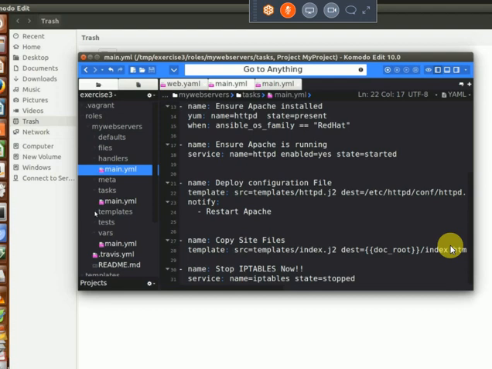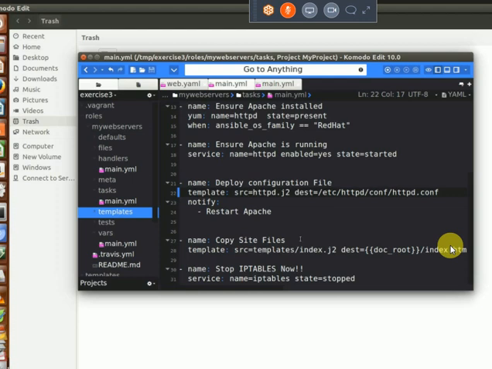Every role is going to have a templates directory, if you see over here. If you use this template module, it will look for the templates directory. Now inside that, it's going to look for another templates directory since you specified it, and inside that it will look for httpd.j2, which is very bad. You don't need to specify templates here. You just simply remove this,